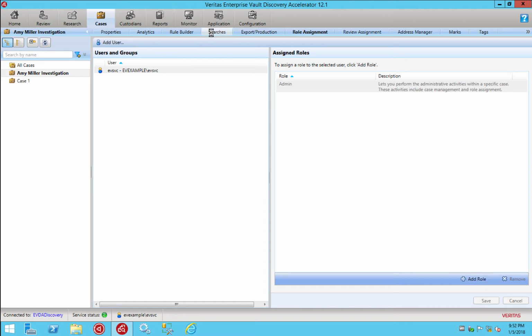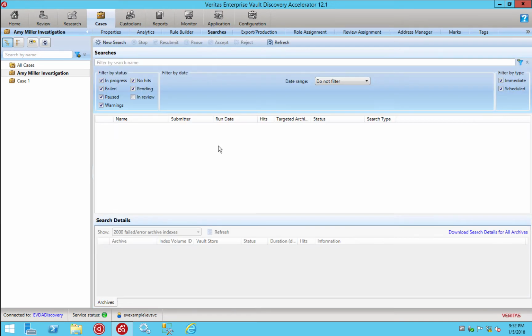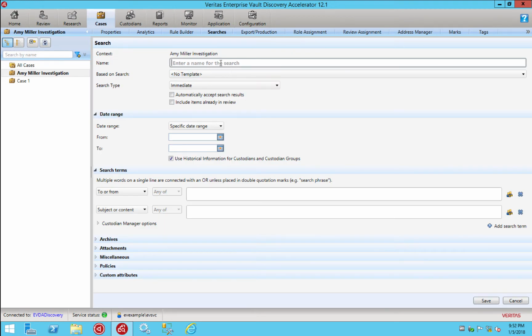Now we'll go to the search tab, and here is where we are going to perform the searches. So search tab, new search. Let's say first we want to look for all the emails sent or actually exchanged between Mike Smith and Amy Miller. Okay, so let's call this search all emails between Mike Smith and